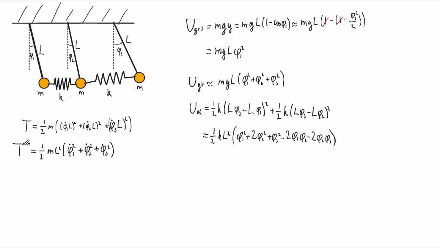So these are the two expressions for the gravitational energy, the elastic energy, and the kinetic energy. So I'm going to put these together on a single form over here. So we get that the total potential energy equals